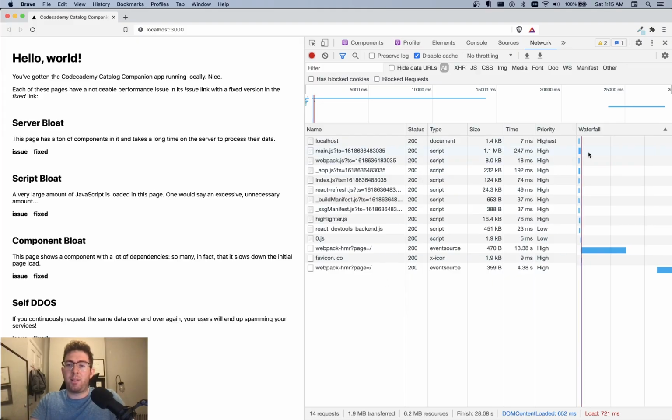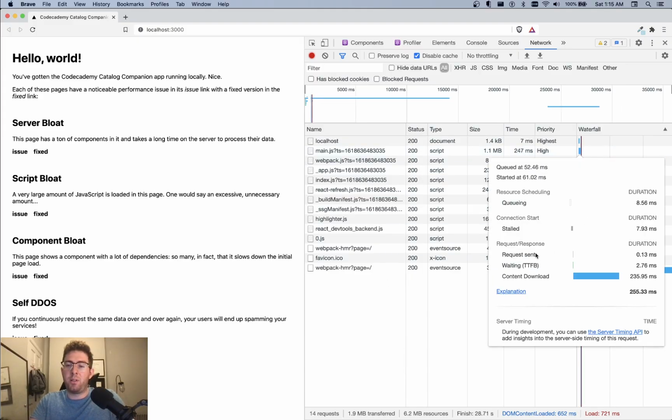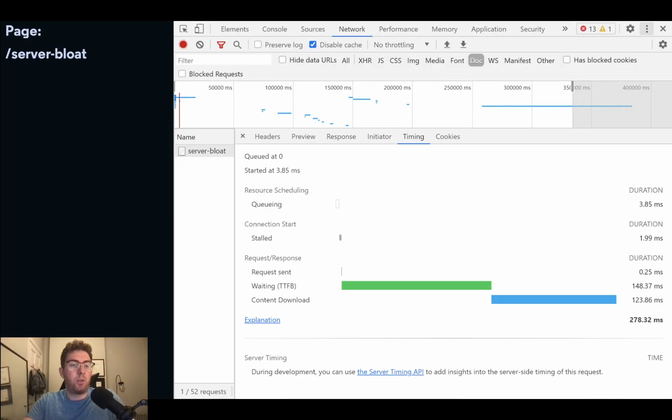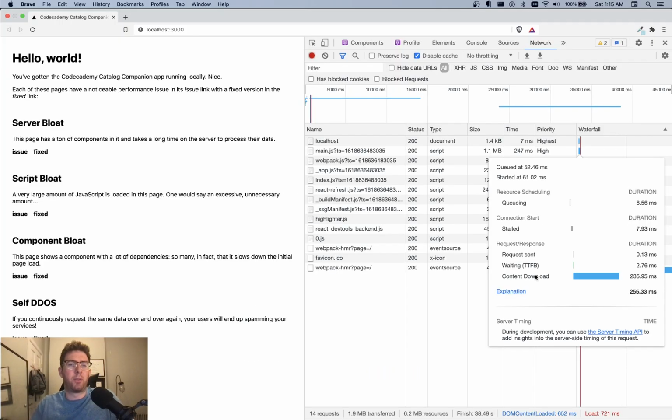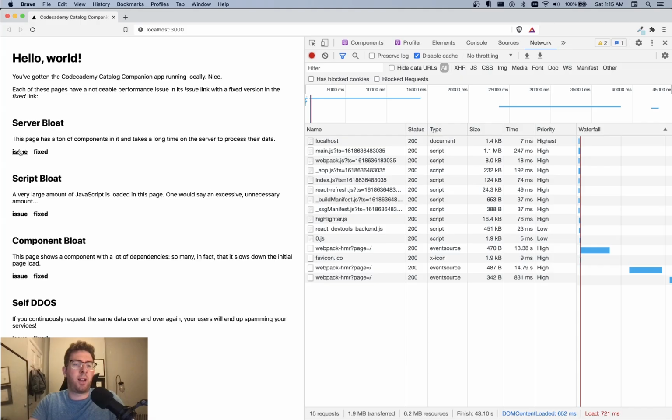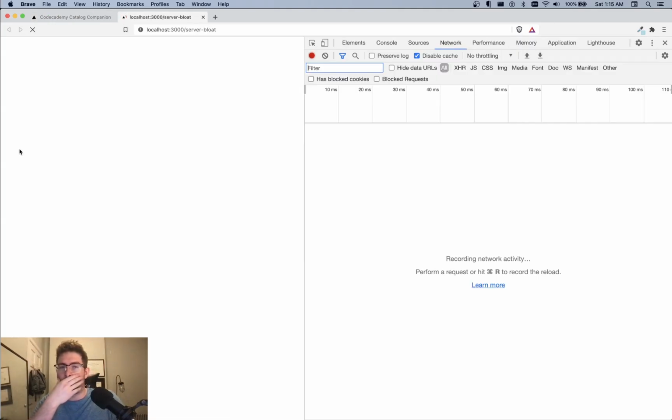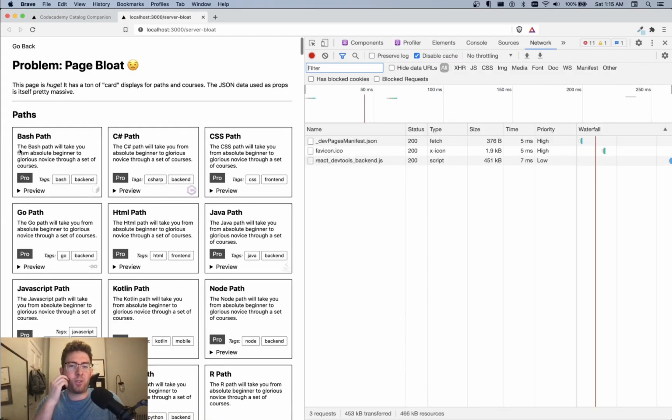Now, each of these requests comes with a little bit of information: how long it took to wait for the server, the TTFB, or time to first byte from the server, and how long it took to download the page from the server. So I'm going to go to an example page, server bloat, which is the first of these issues. And this is one where we've set up the server to A, take too long on the first request, and